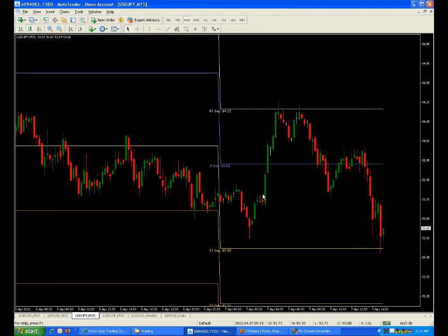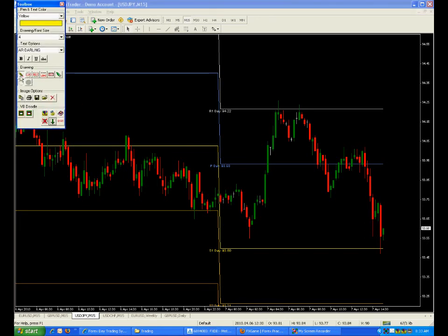Ooh, look. Look how close it gets here. And then look, where's that stupid tool of mine? Great. Come back. That's it. Come back, little draw tool. Look. Oh, look where it finds resistance. Oh, right at R1. Almost to the pip on these. Whew,